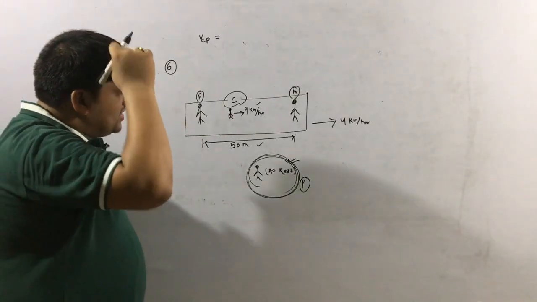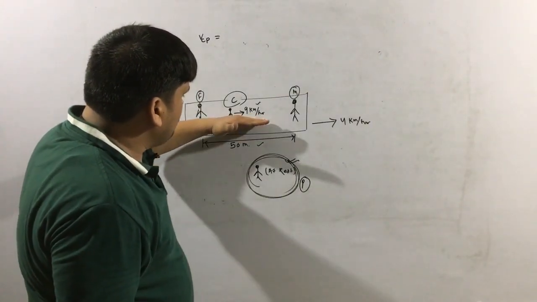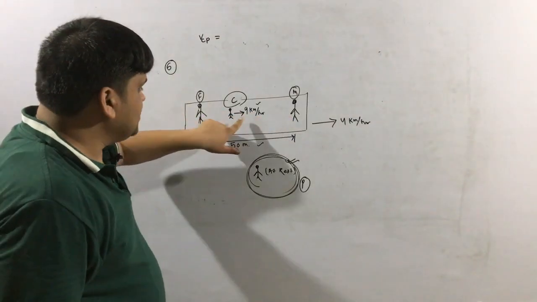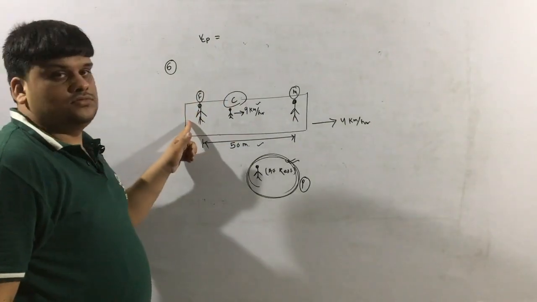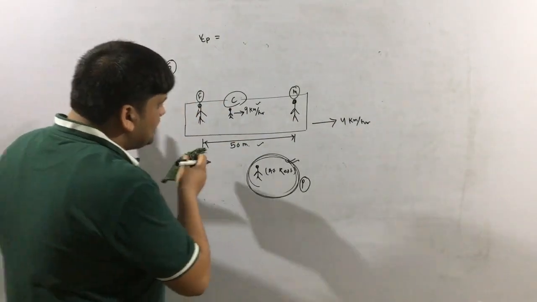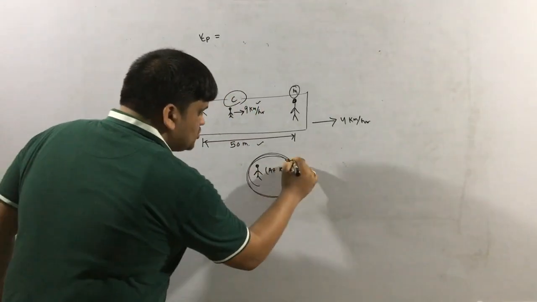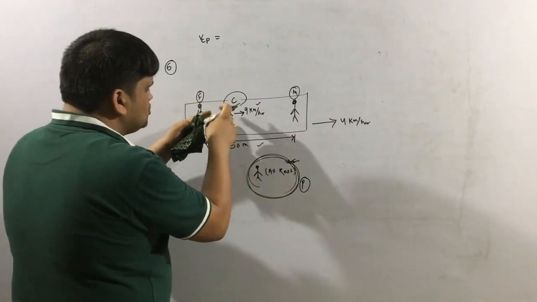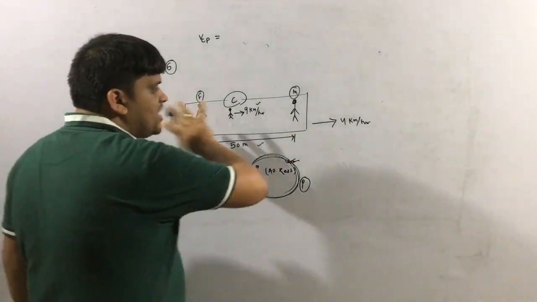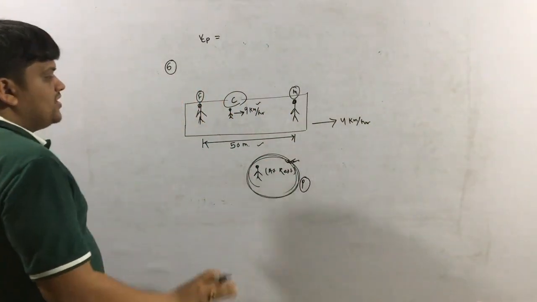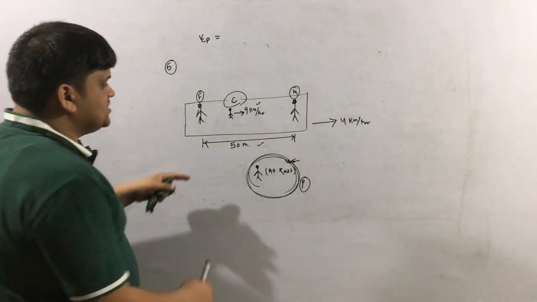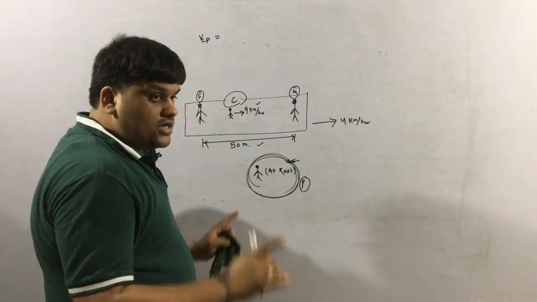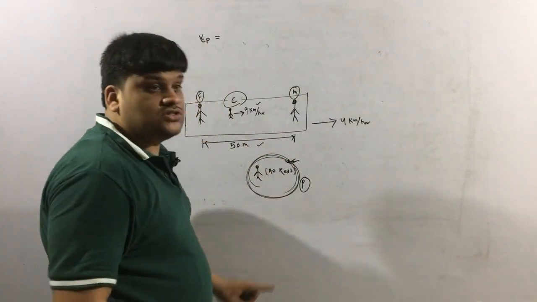Remember that the velocity is 9 km/h for the mother, the velocity is 9 km/h for the father, but since the total thing is moving, for this observer, this is also moving and this child is also moving. So for the observer, they are going to be added. Remember, don't tell me, sir, they are both moving in the same direction, so we have to subtract. No, kindly remember with respect to what it is the question.